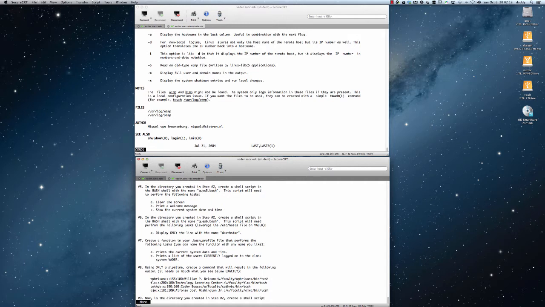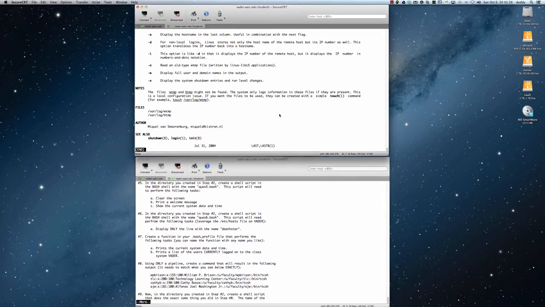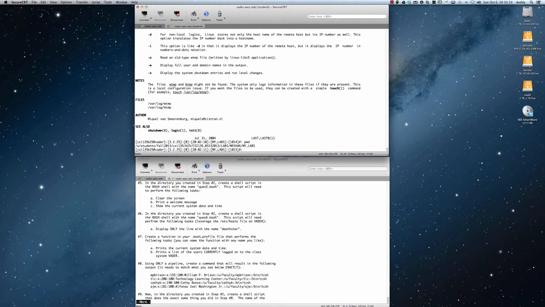Number 5, it says in the directory that you created in step number 2, and I'm actually already there, so there's the directory we created. It says create a shell script in the bash shell with the name question5.bash. The script will need to perform the following tasks: clear the screen, print a welcome message, show the current system date and time. All right, so we're going to vi